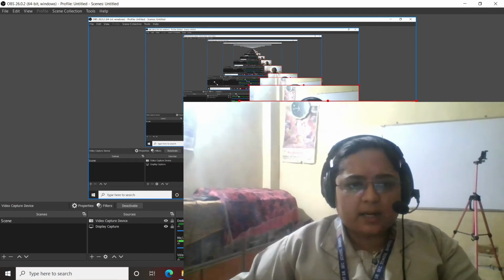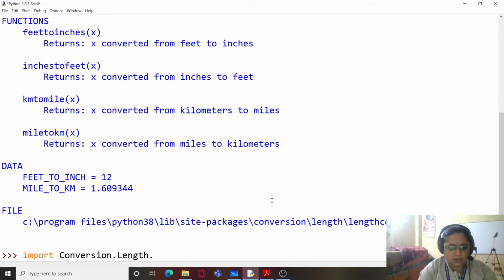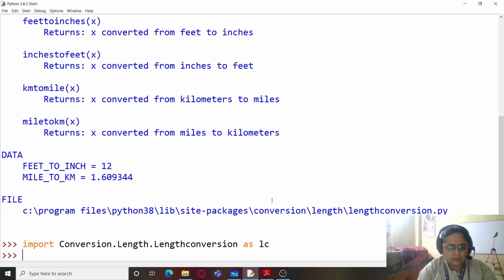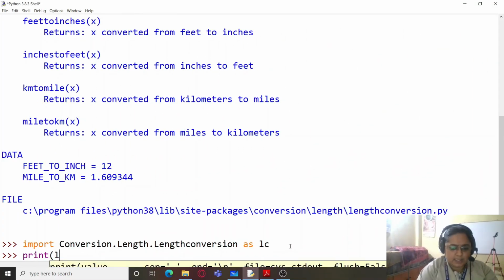So students, that was all. You can use this module in your program just like we had used the other functions. Okay, if you want to see that, I'll just show it to you once again. So for using this, I'm just going to write here import conversion.length conversion as LC, and I'll write here LC dot, and I'll write here print LC dot